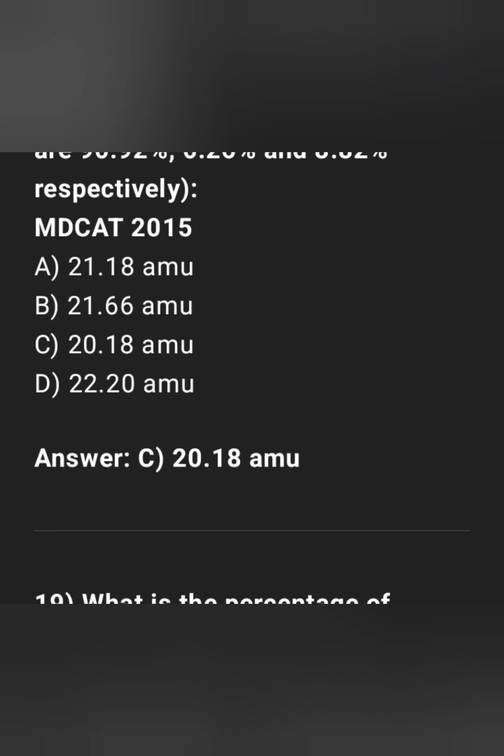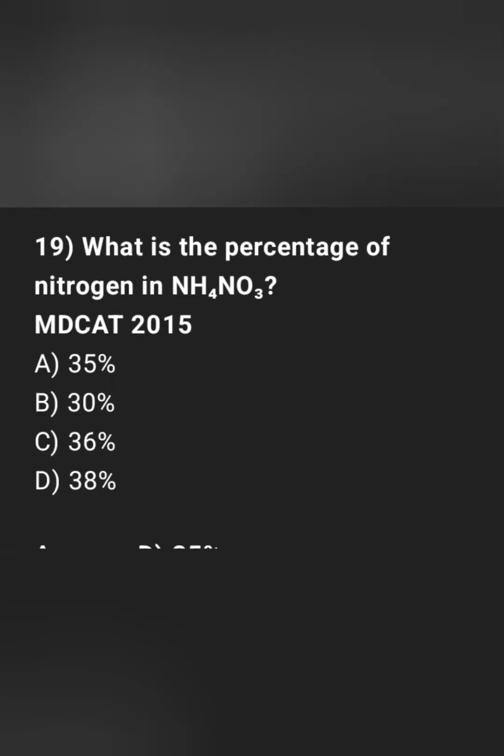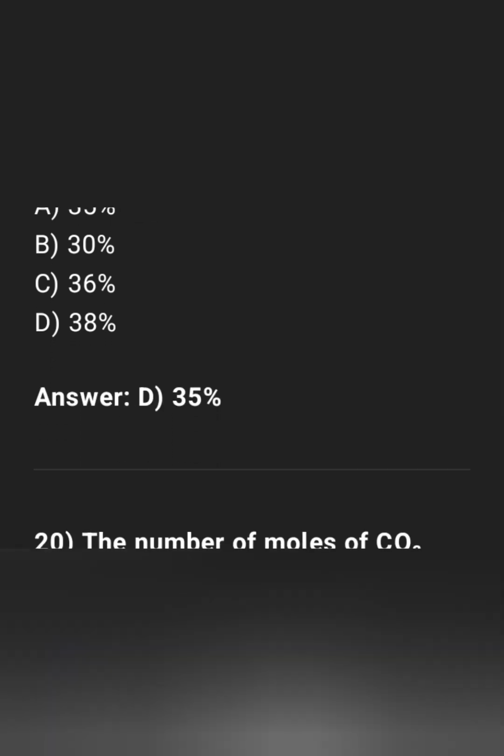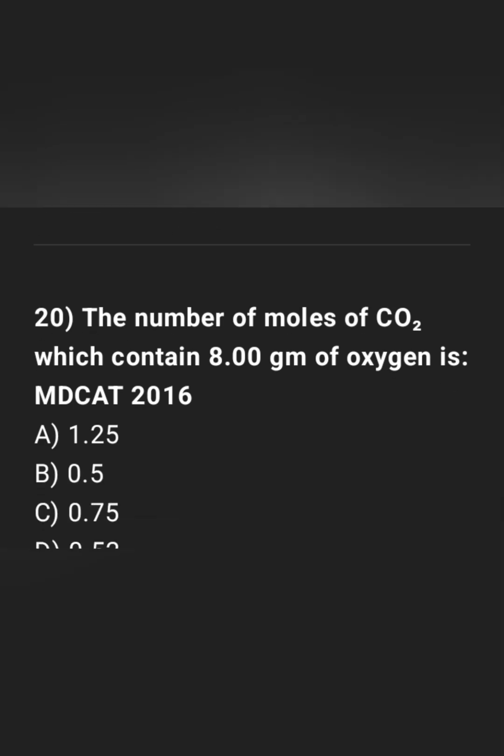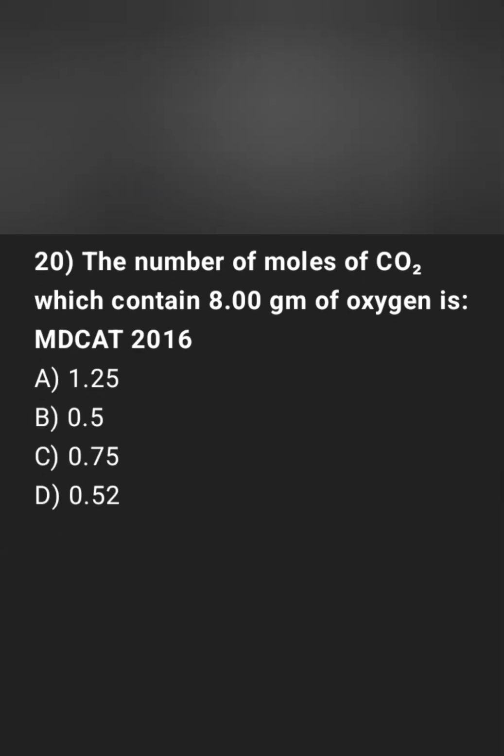19. What is the percentage of nitrogen in NH4NO3? A, 35%, B, 30%, C, 36%, D, 38%. Answer: A, 35%. 20. The number of moles of CO2 which contain 8.0 grams of oxygen is: A, 1.25, B, 0.75,